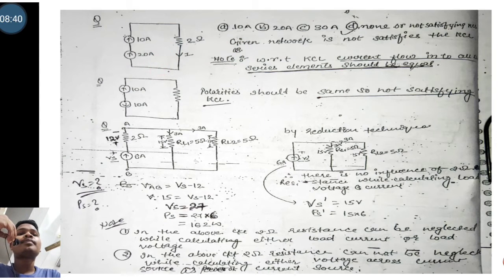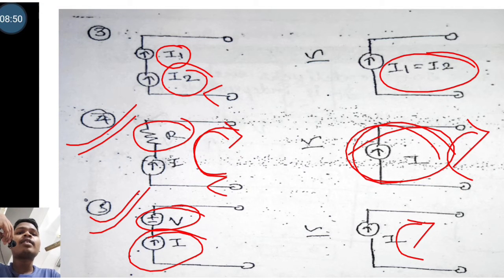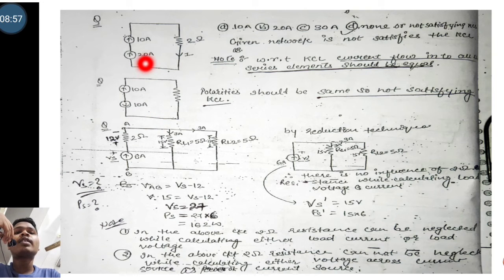So see here, the currents do not follow the same path, so the currents are not the same. See case number 3 here. If the current flows in the same path, then the currents are the same, but in this case the currents are not the same. One current is 20 ampere and another is 10 ampere. That's why it does not satisfy KCL, KVL or Ohm's law, so none of the options satisfy the equations.